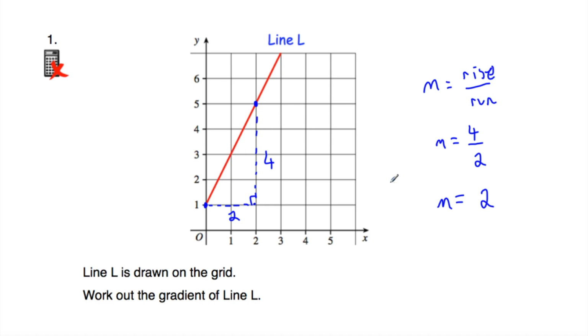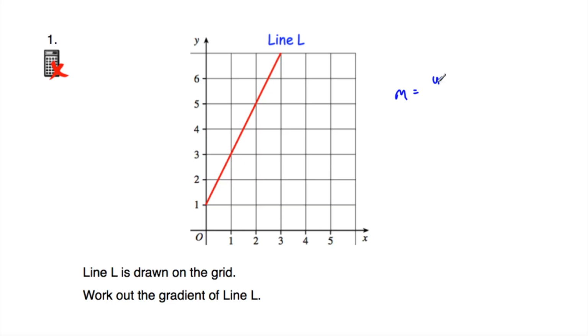Another approach is to do this rise divided by run. So what we did was we chose 2 points on the line, made a little right angle triangle, and then did the rise divided by the run. Another approach is to use another formula, which is m, the gradient, is equal to y2 minus y1 divided by